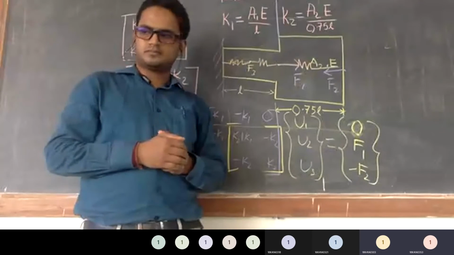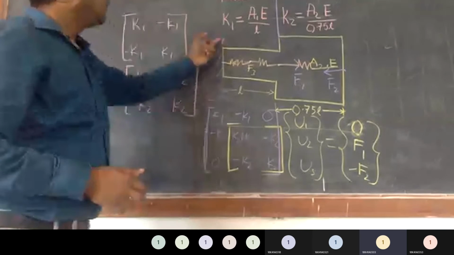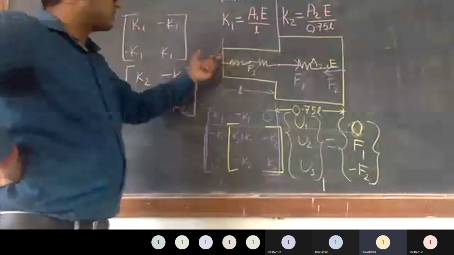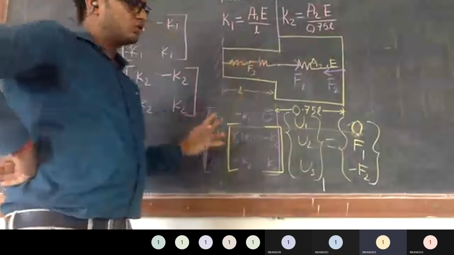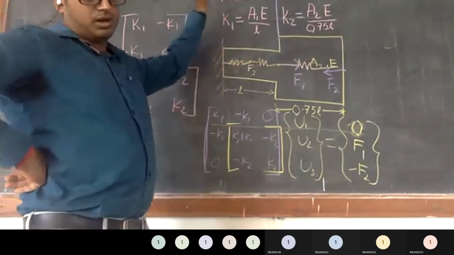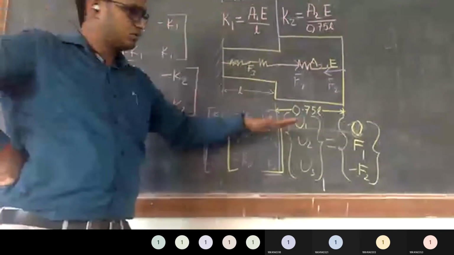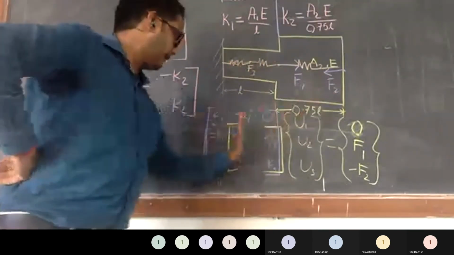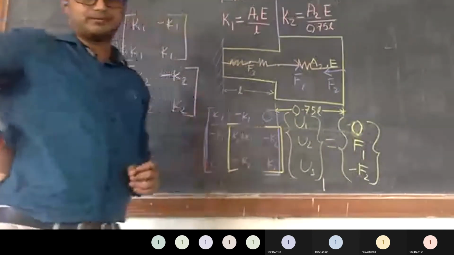Sir, in every geometry, U1 is equal to 0, sir? Normally, the end which is fixed, we keep it as U1. Somewhere you give numbering, node number 1, 2, 3. So normally the end which is fixed, we keep that end as node number 1. That's why everywhere you are looking that U1 is 0, so that we can easily remove your top row and first column to reduce it to your 2 cross 2 matrix.